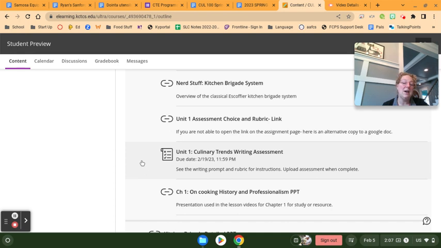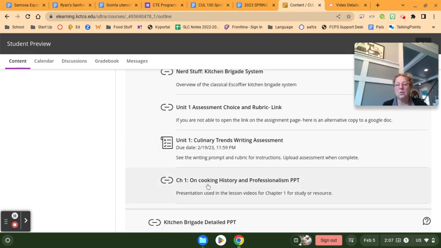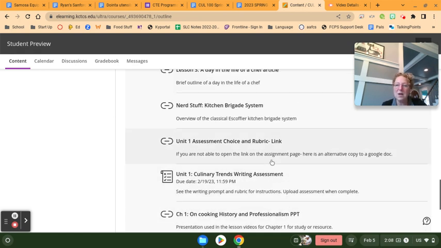So at the bottom of the unit will be your assessment. So your assessment is always going to be within the module, except for the discussion one. And then in the bottom here, you'll see this is the presentation used in the videos. So this is a study or resource. You'll also sometimes see something